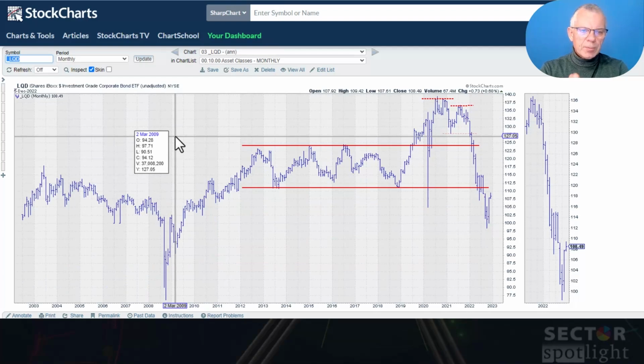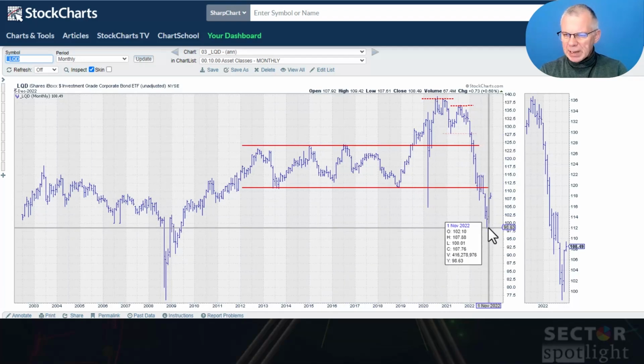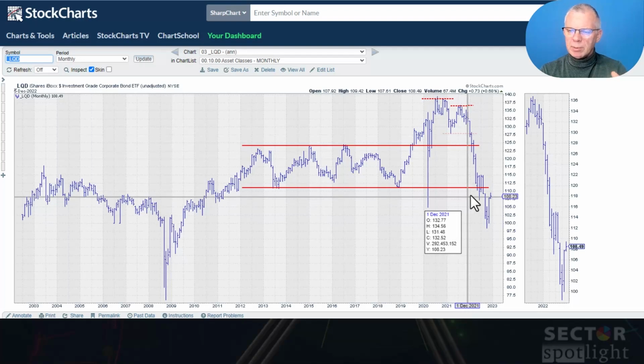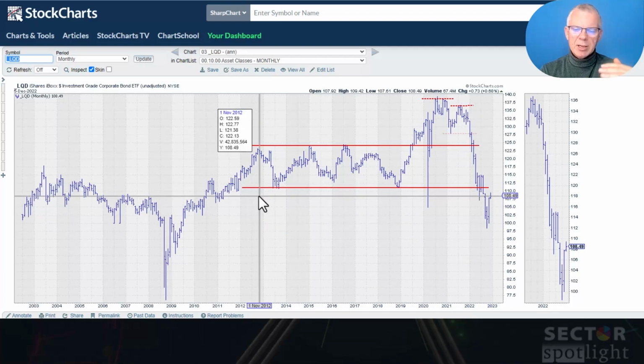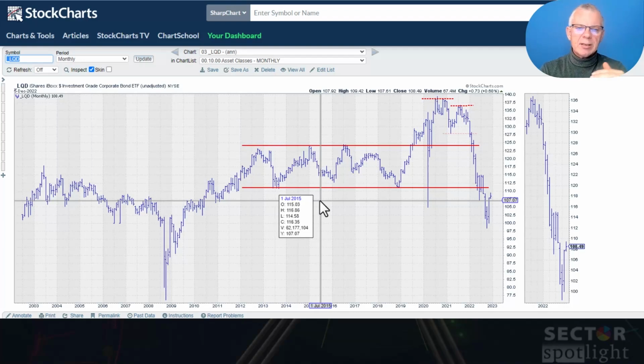When we go to investment grade bonds, then they took a beating basically since the start of this year. And also in line with what happened in IEF and GOVT, we're bouncing here, and you can see that we're running into trouble just above 110. That's a very long-term major resistance level. It used to act as support a number of times, and it is expected to come back as resistance if we can get there. But the downtrend here in these investment grade bonds is still very much in play.